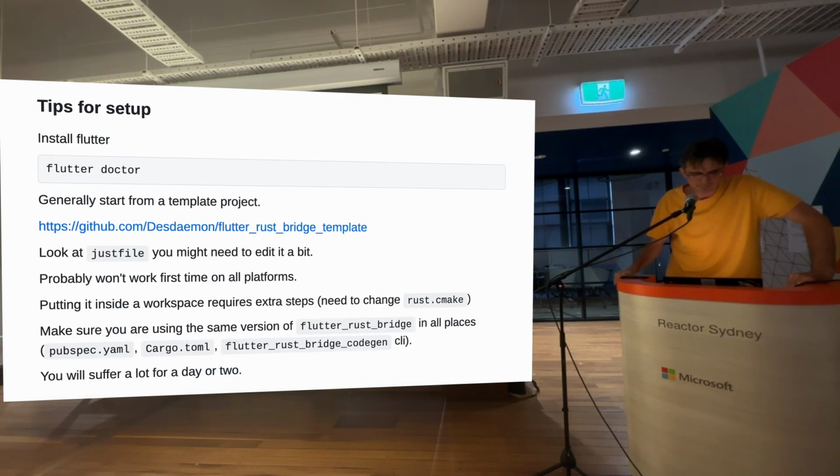Tips for setup. Start from this template project. Look at the just file to see what's actually happening, what commands this is actually running. It probably won't work first time on all platforms. Putting it inside a workspace, a Rust workspace, if you want your native